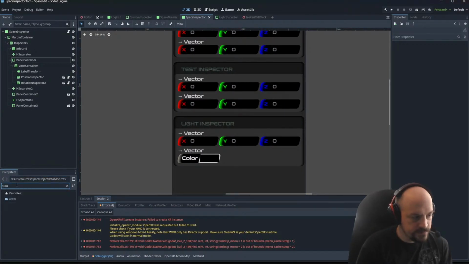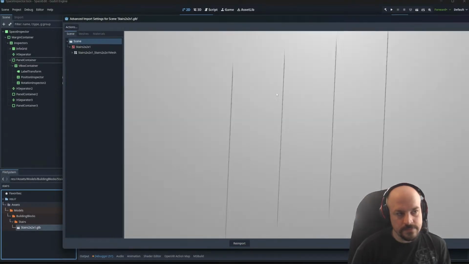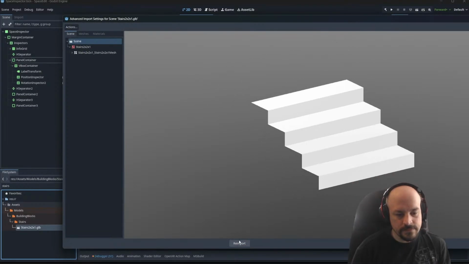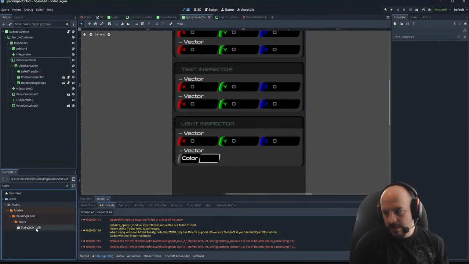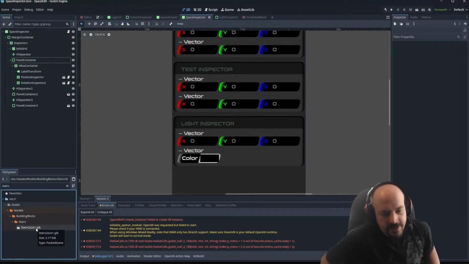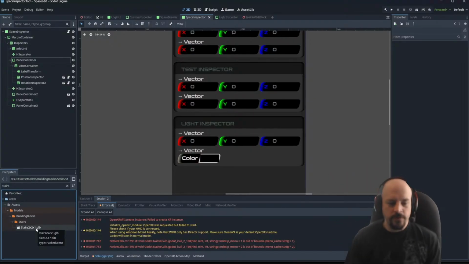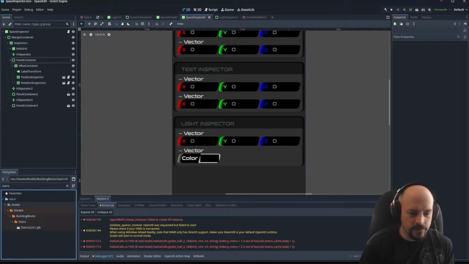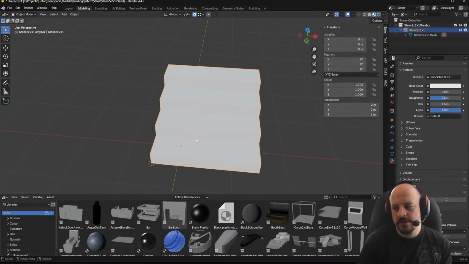Stairs. Yeah, so we'll need to get these imported. We're going to finish the rest of them. So we will do a 1x1 stairs. I don't really know if they're really going to be used or needed, but